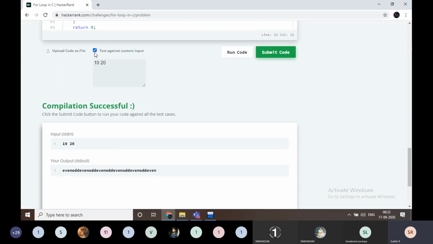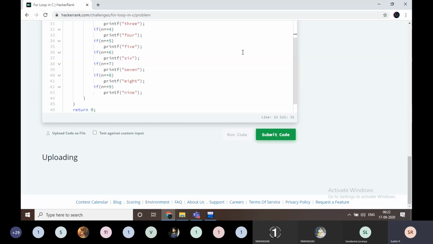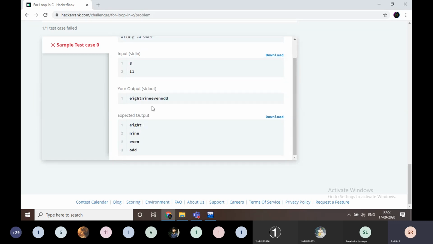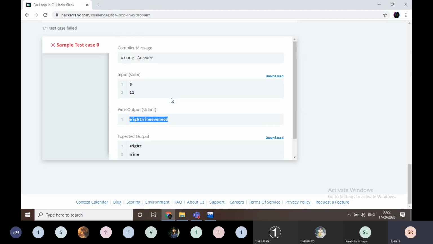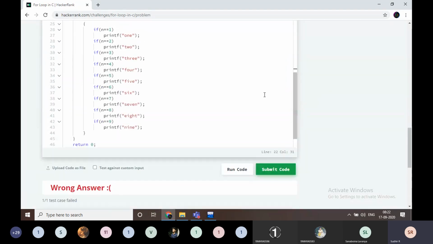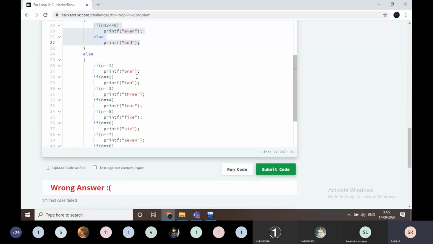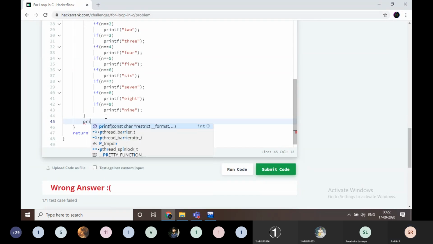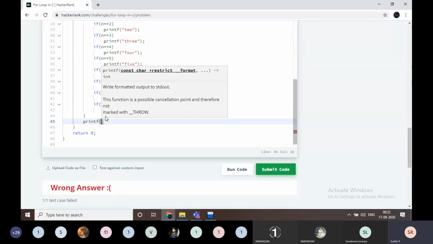Just a minute. I am going to remove that sample test code. Just look at here. The output is wrong here. Why is the output wrong? I want the output in a different line, but I am printing in the same line. That is the error here. That is the simple error. Then every time I am going to print anything, I am going to print \n. That's it.